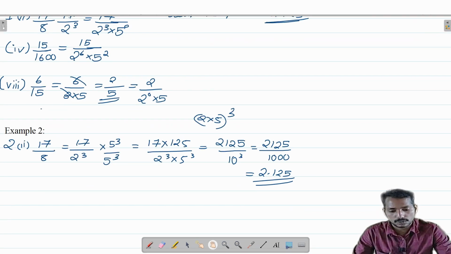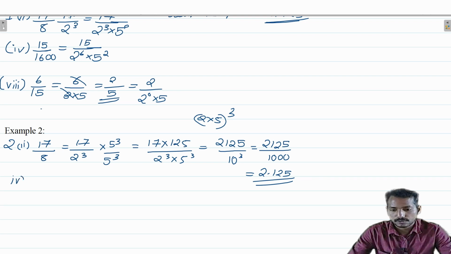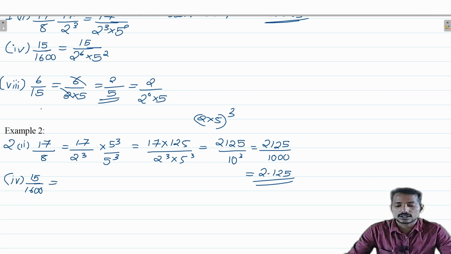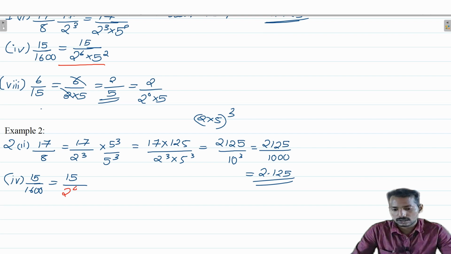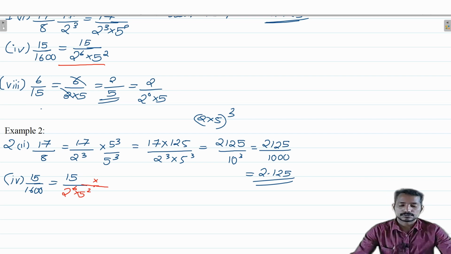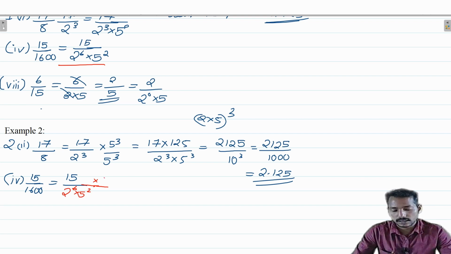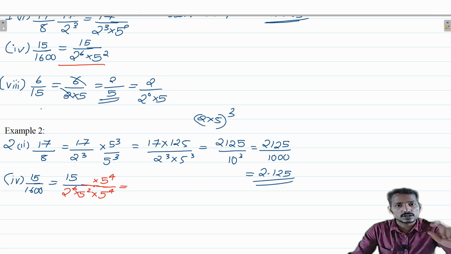I am going to discuss the fourth option also. In case of the fourth option, the number is 15 divided by 1600. The prime factorization is 2 raised to 6 into 5 square. To make it into the exponent form of 10 raised to 6, we have to multiply by 5 raised to 4. Then only we get 2 raised to 6 into 5 raised to 6. The exponent should be the same for both 2 and 5. So 15 into